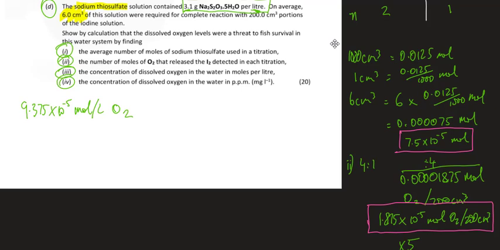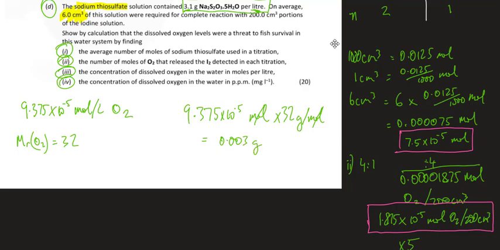So we've got it in moles per liter, so we want to convert moles to mass, and the relative molecular mass of oxygen is 32. So we're just going to multiply 9.375 by 10 to the negative 5 moles by 32 grams per mole. So the moles are going to cancel out and we'll be left with grams. We get